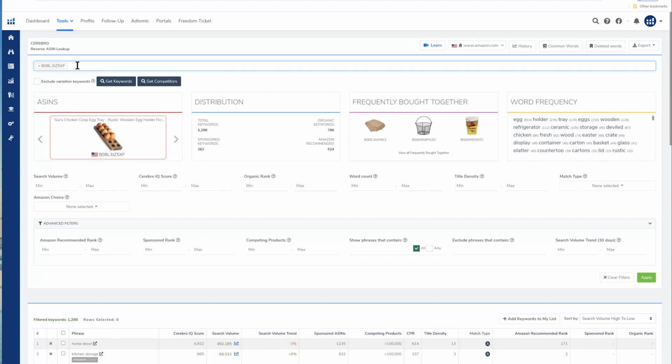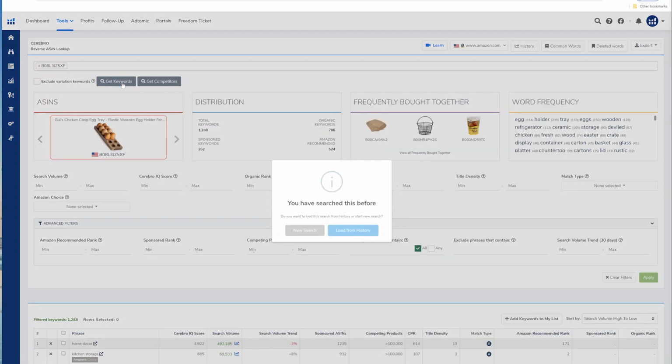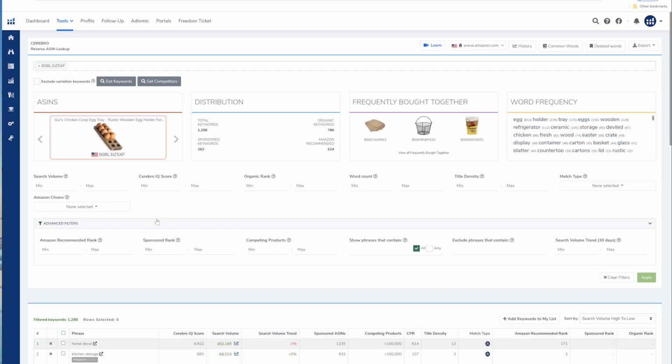Okay, so now we've copied the ASIN over from Amazon.com, and I've pasted it into our Helium 10 tool, Cerebro, and we're going to basically find all of the keywords that we're indexing for on Amazon so that we can kind of get an idea of good keywords to look at on Walmart as well. So we'll go ahead and hit get keywords,